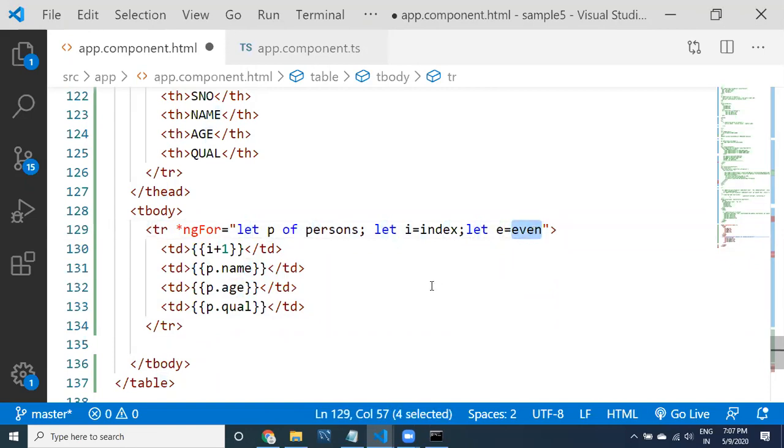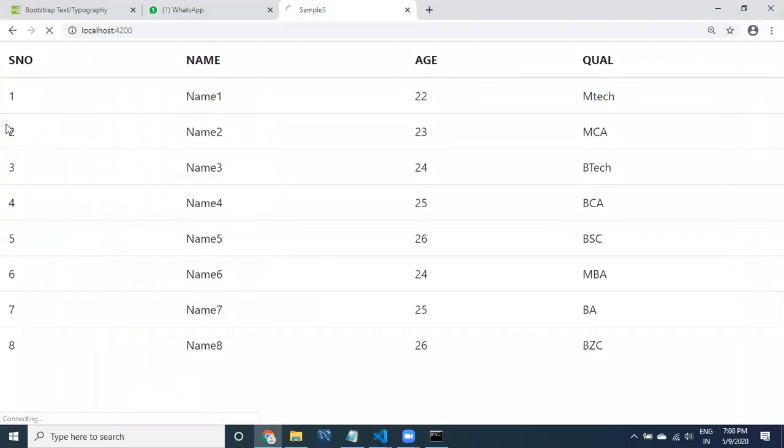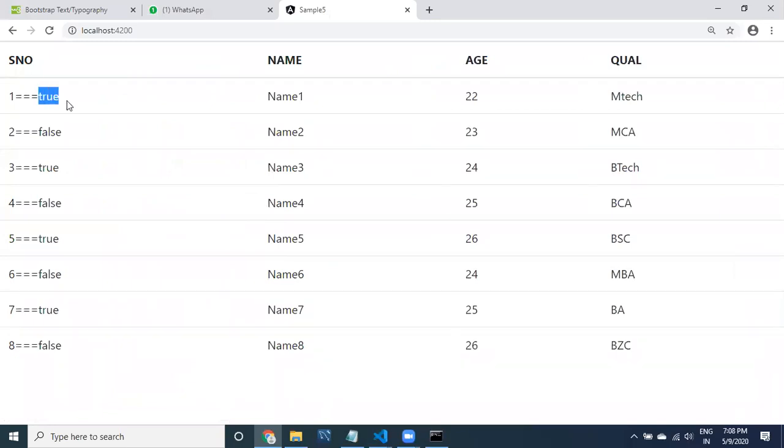Okay, now along with this I want to print this value, so you can print just whether it is true or false. You can provide like this. It is going to give you true or false. You can provide anything. I have just provided something for differentiation here. 1 true. Actually 1 is an even number.